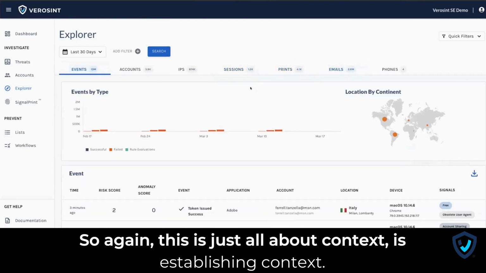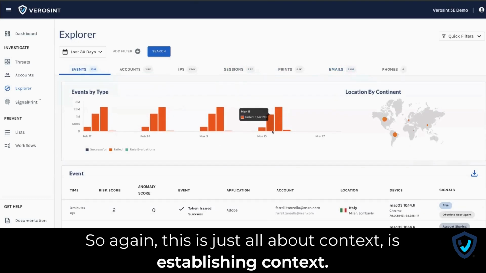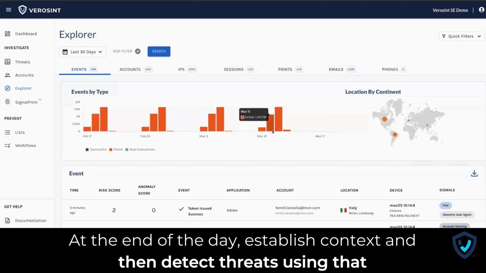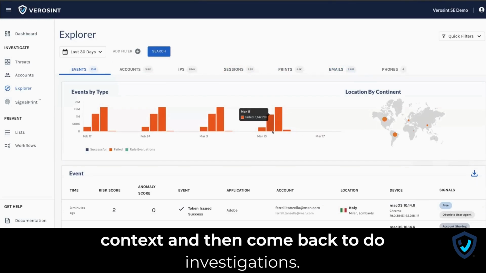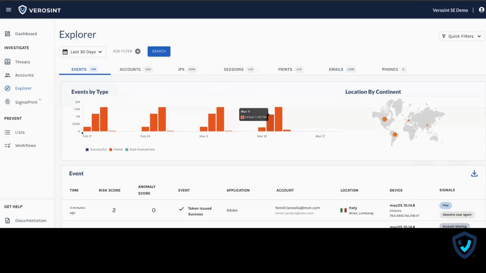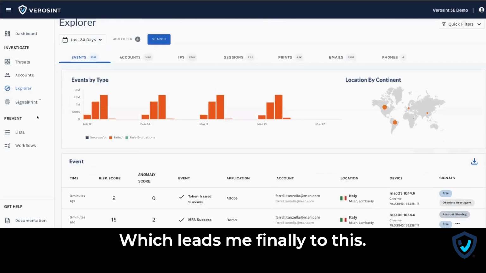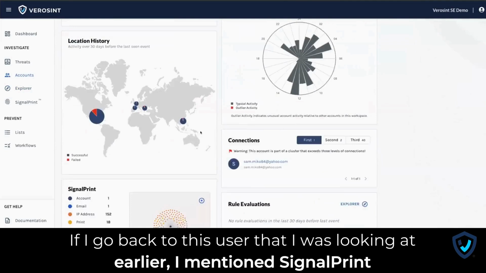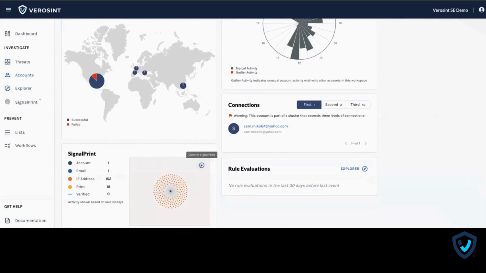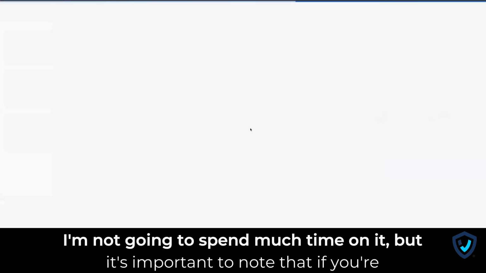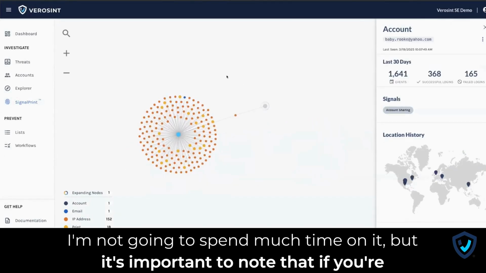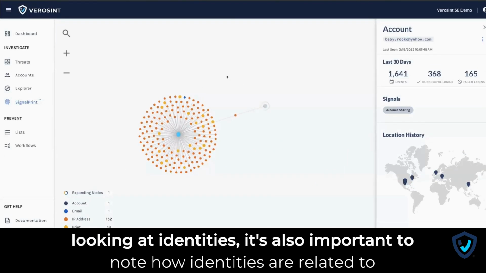So again, this is all about establishing context. At the end of the day, establish context, then detect threats using that context, and then come back to do investigations. Which leads me finally to, if I go back to this user that I was looking at earlier, I mentioned signal print down here. I'm not going to spend much time on it, but it's important to note that if you're looking at identities,